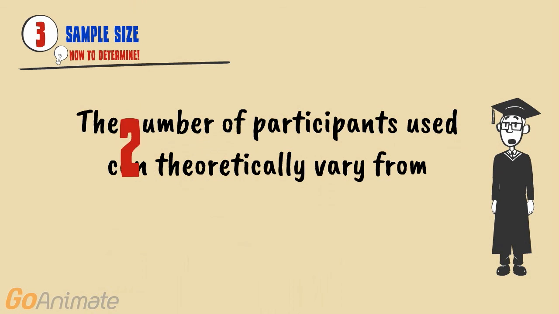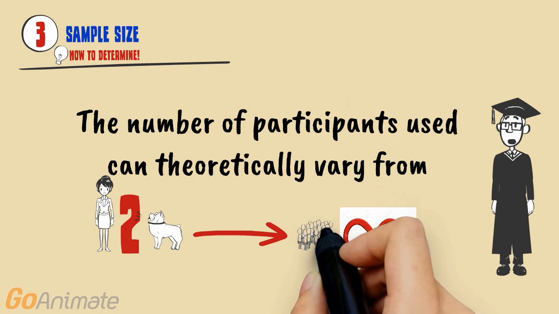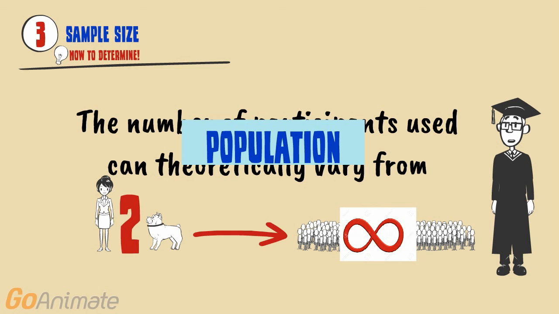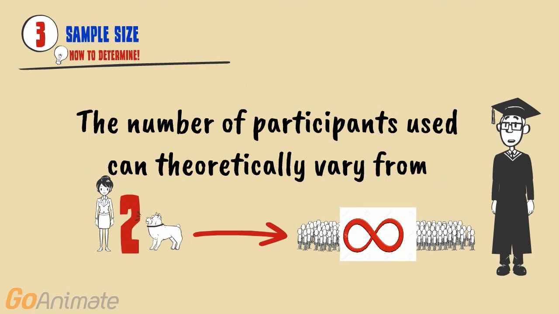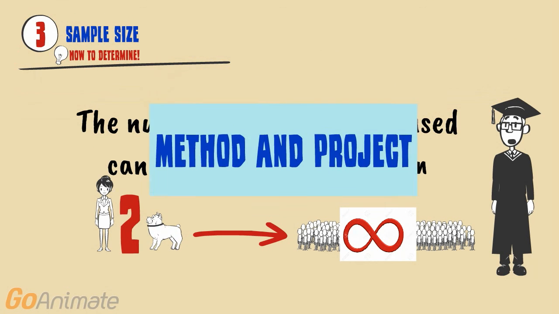Sample size may vary from 2 to infinity. So, how large should your sample be? Well, this depends largely on how accurate you want your research data to be. In other words, how closely you want your results to match those of the entire population. Additionally, your sample size should be large enough to get insights in most or all of the perceptions that are important for your research. The size of your sample depends on the research project and the method you are using.